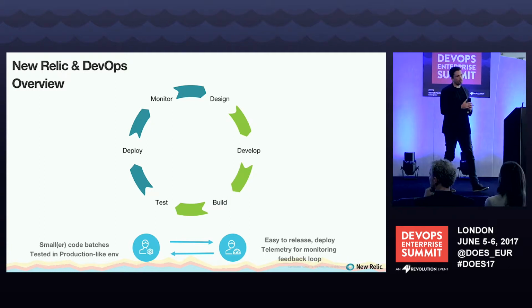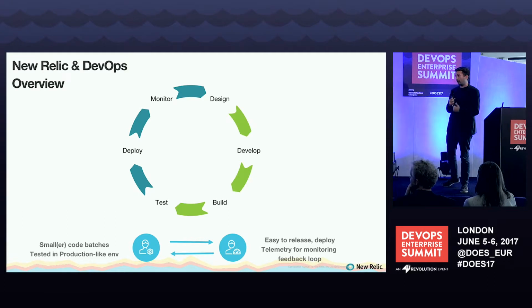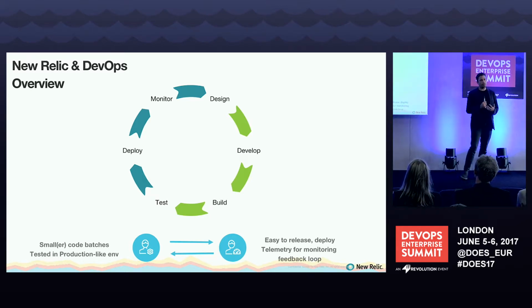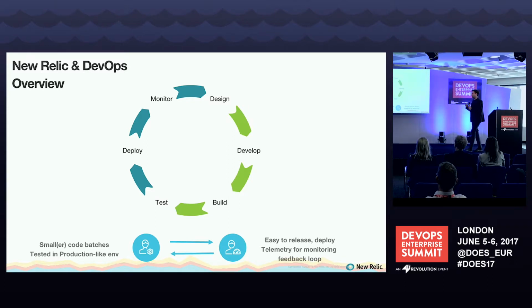That's really when monitoring typically comes into place, whereas we have the view that monitoring should come into place at the very beginning of designing an application. You should take into consideration what the application is doing and the architecture of it, and as soon as the first line of code is developed, you should have something like New Relic monitoring the code development. So really, DevOps is looking at